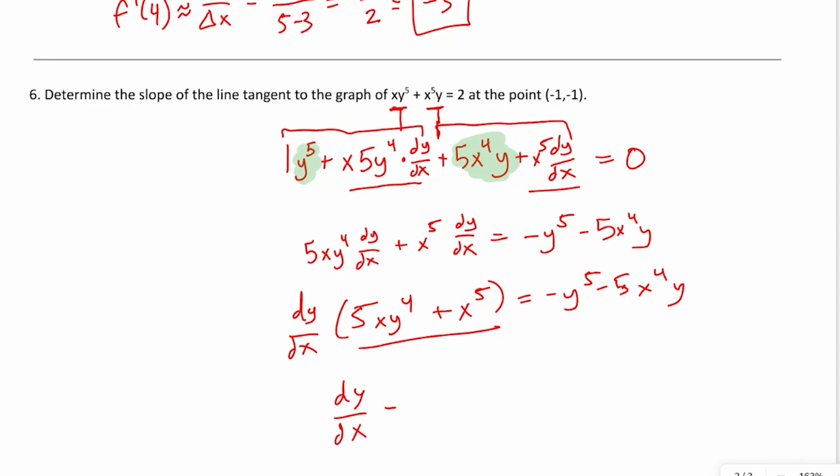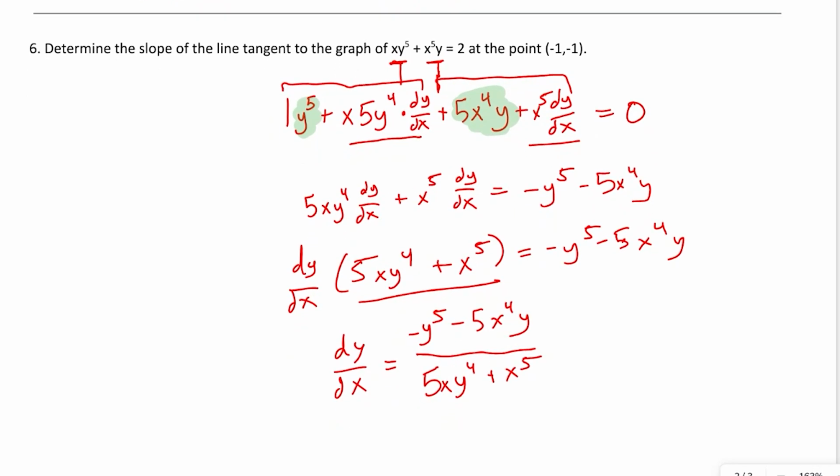So I get dy/dx is negative y to the 5th minus 5x to the 4th y over 5x y to the 4th plus x to the 5th. Okay, so this is the formula for the slope at any point on that implicit equation, or the graph of that implicit equation. So to find the slope at the point negative 1, negative 1, we're going to need to